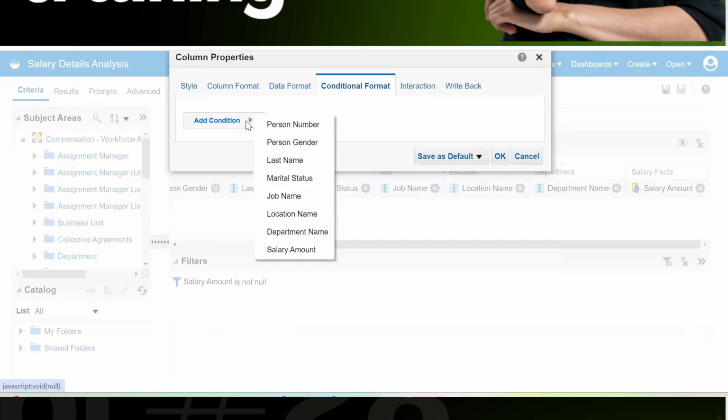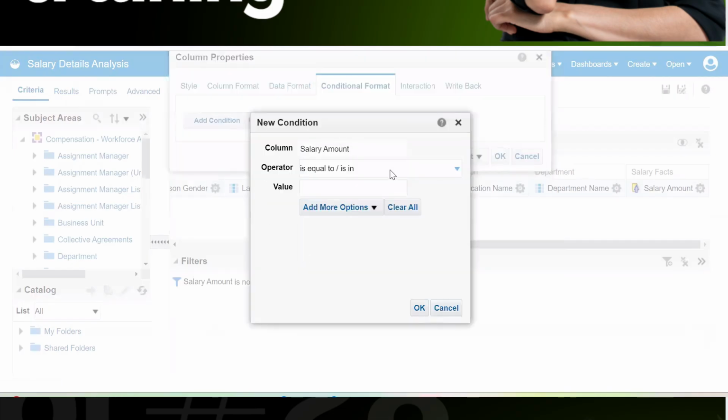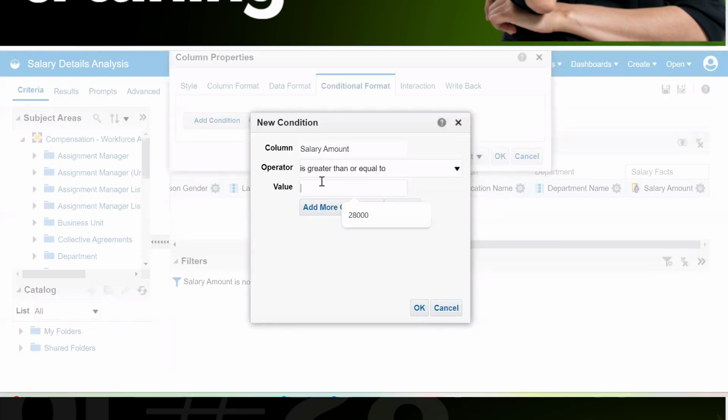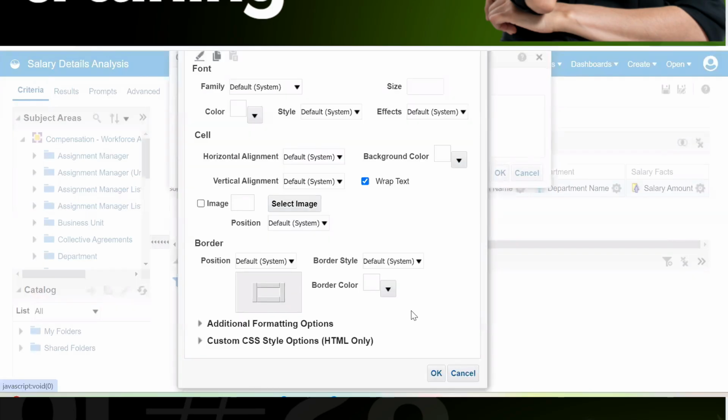What is the condition? Go to the condition, and I'm saying, if the salary amount is greater than or equal to 5,000, click OK. Then show me different styling. What is that styling?